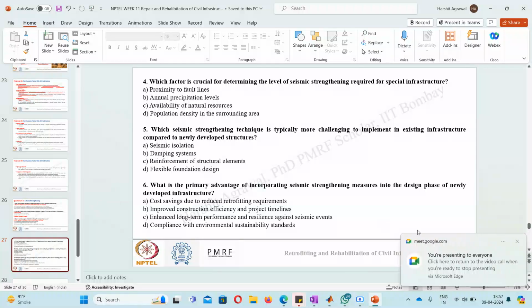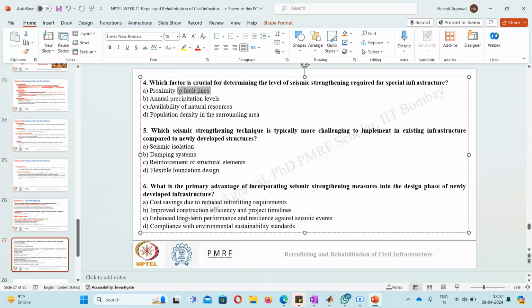Okay, so let's see the answers for these questions also. Which factor is crucial for determining the level of strengthening required for special structures? Proximity to fault line, annual precipitation level, availability of natural resources, or population density? The main crucial factor is proximity to fault line. The structures which are nearer to the fault line are more vulnerable to earthquake damage again and again. So this can be a very crucial factor for determining what level of seismic strengthening we